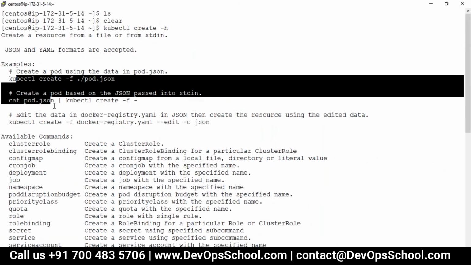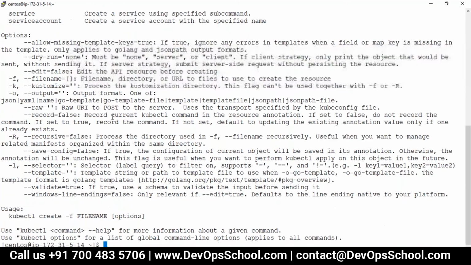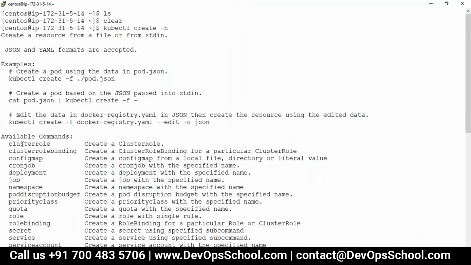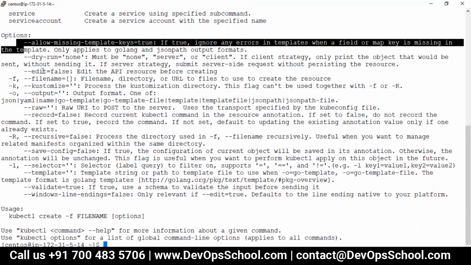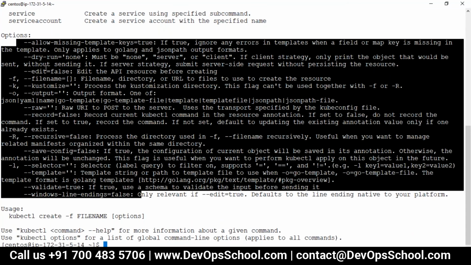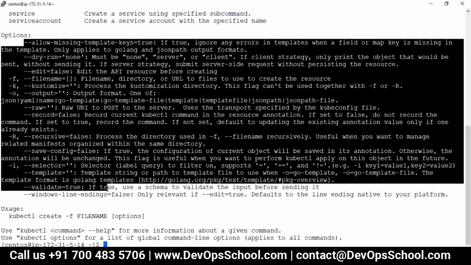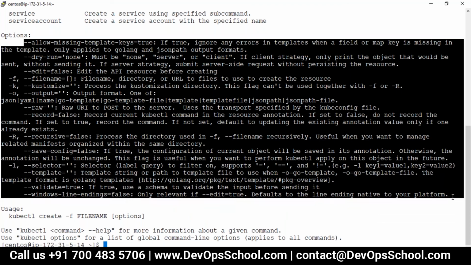I want to, this is an example, these are the available options. These are the available commands and subcommands, and these are the options. Okay, so many things are there. Please understand that these will help you. Many options are common across all the objects, so if you learn one properly, you can use it with other formats also. These options are very handy.